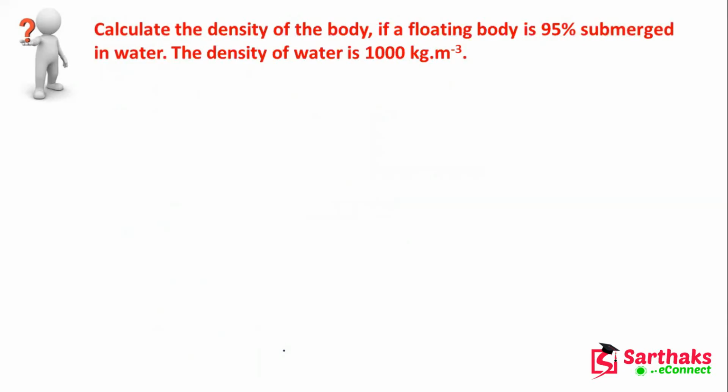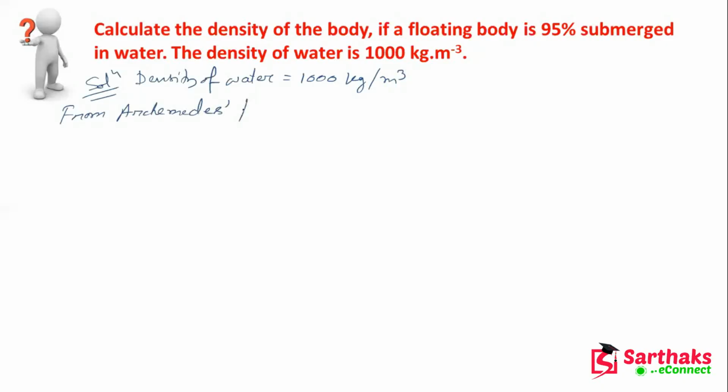Next, calculate the density of the body if a floating body is 95% submerged in water. The density of water has been given here. So let's do this thing. They have given density of water, that is 1000 kg per meter cube, and from Archimedes principle, we know that